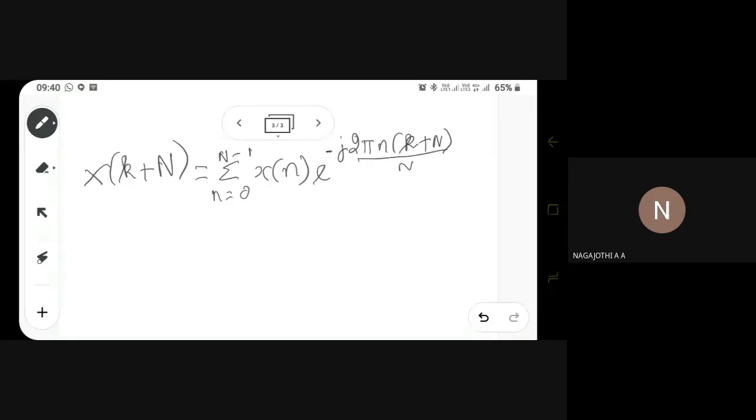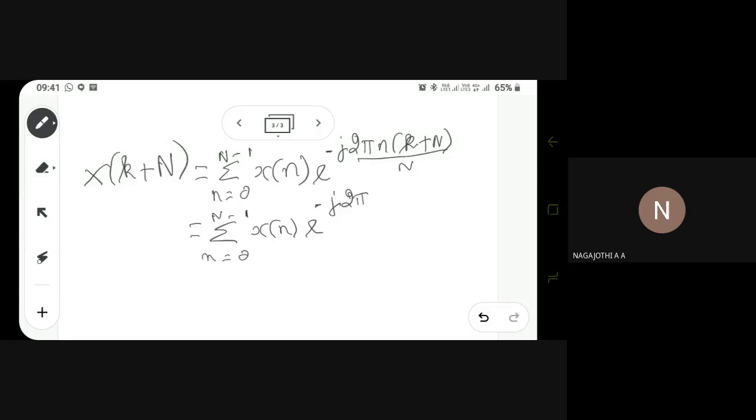Now here, you have to separate it. Separating means summation over n equal to 0 to N minus 1 of x of n, and separating this, it will be e power minus j 2 pi